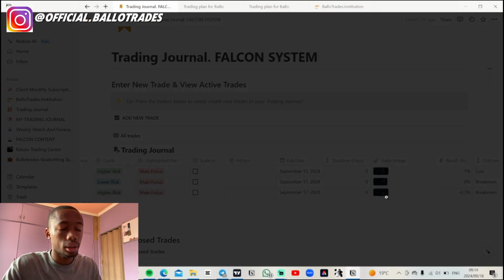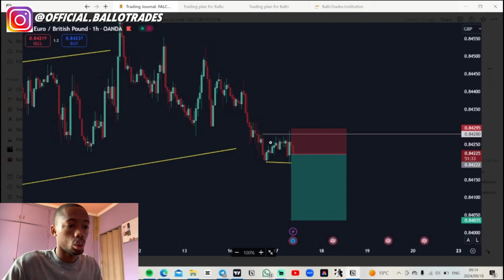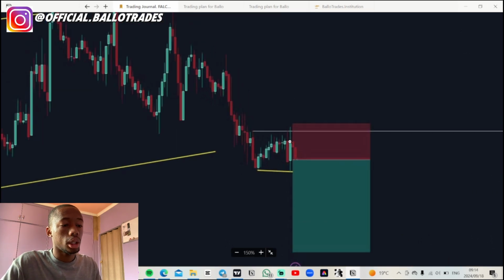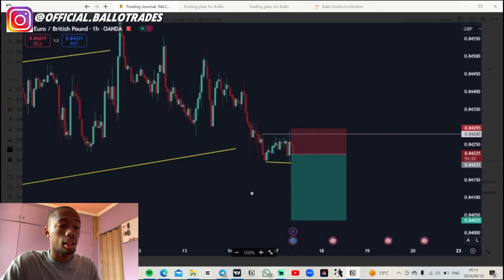So this one, I'm not gonna lie, this one was a very poor trade, to be honest with you guys. But then we learned, you know. So I could see this correction right here, right? And this correction right here is not a typical correction that I would take a risk entry from. This trade would have been proper if I took the break of this structure right here. That would have been valid. But the problem is,